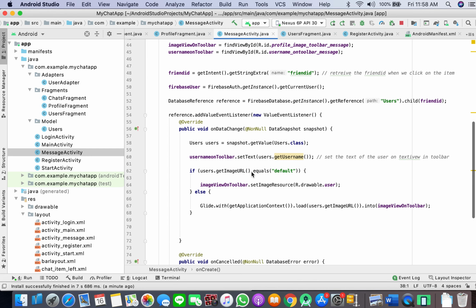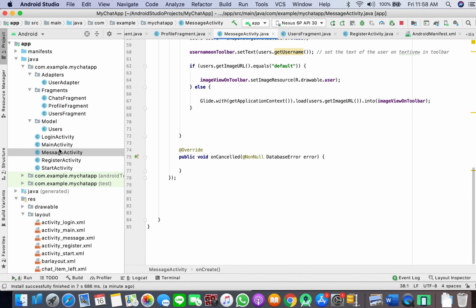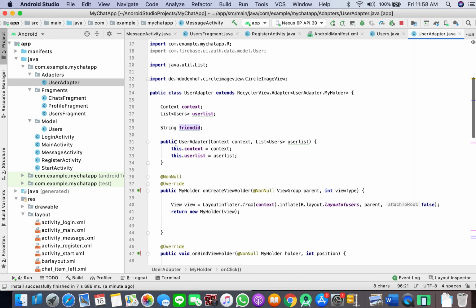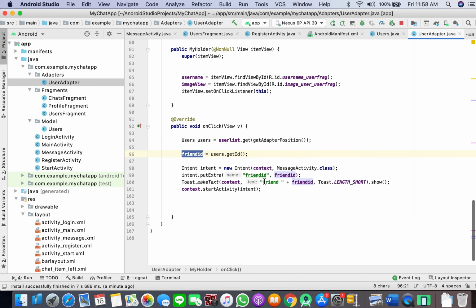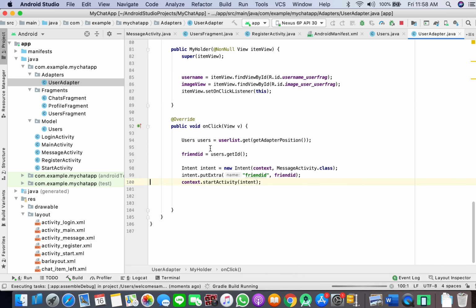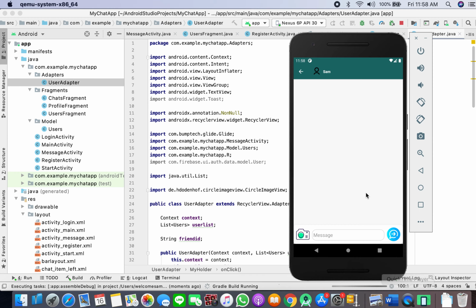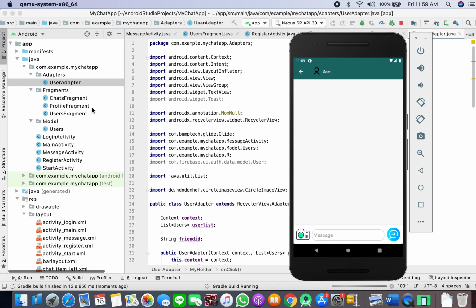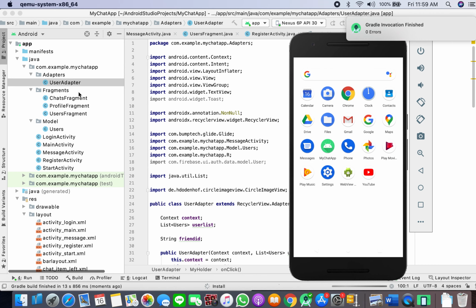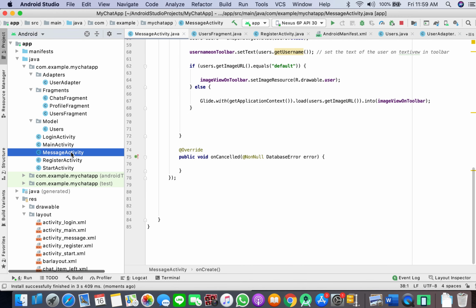And what I'll do here is remove these toast messages because that was just for trying. I'll remove the toast and rerun the app. So we are already in this activity, and now we will send the message. So we'll go back to our message activity,